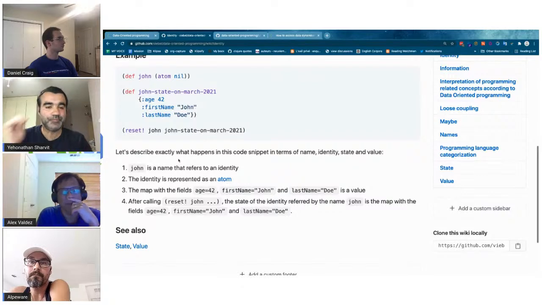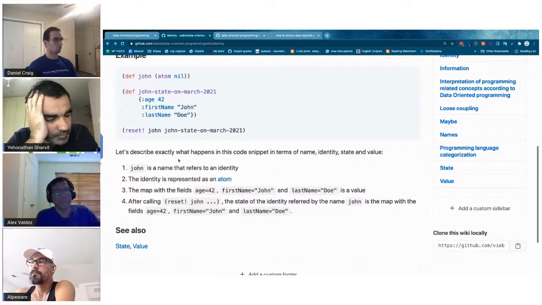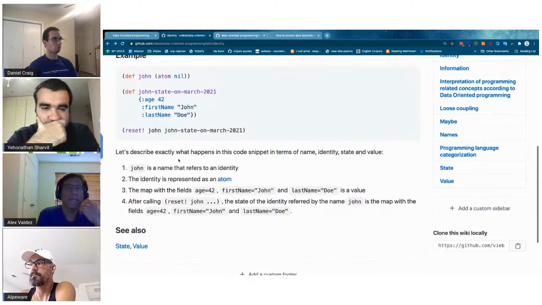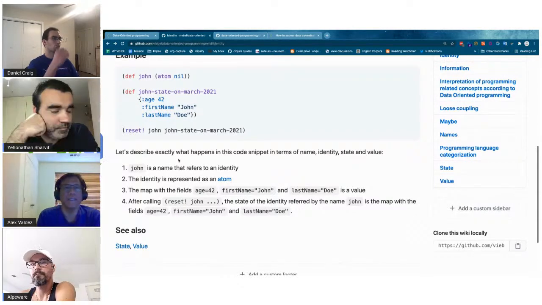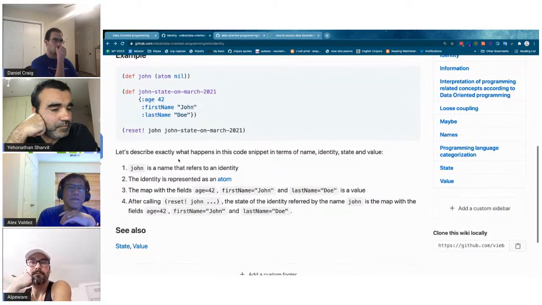I would have thought that the identity is something associated with values over time, and that it does not necessarily have to be an atom. But in this example, you could have set that John atom to something else entirely, right? I just think that the example could be better.